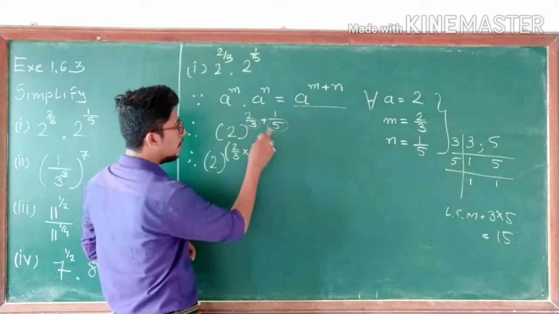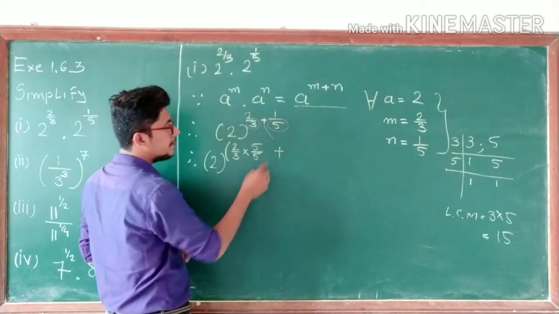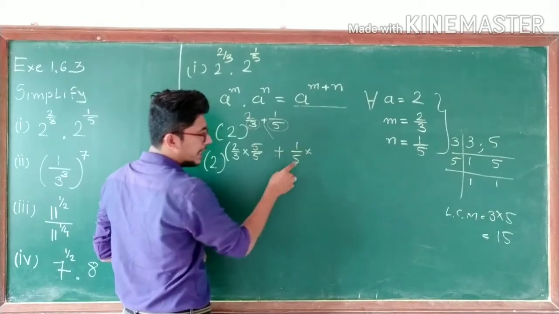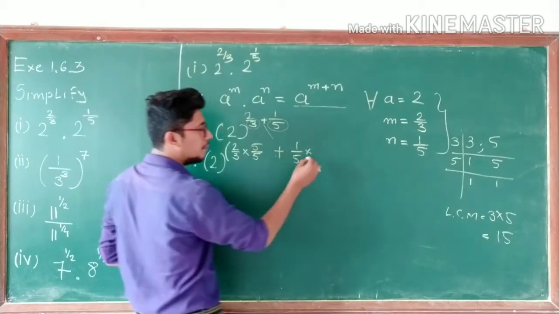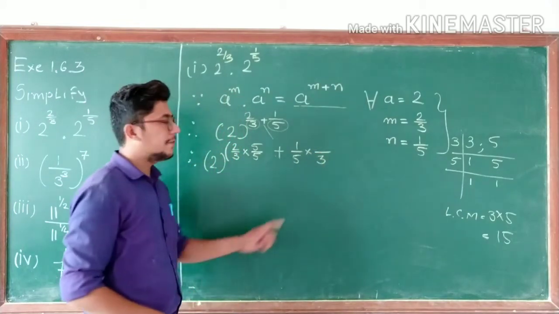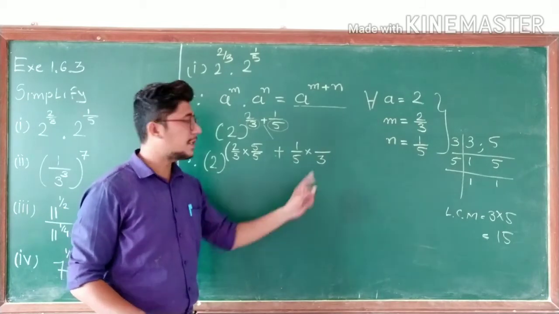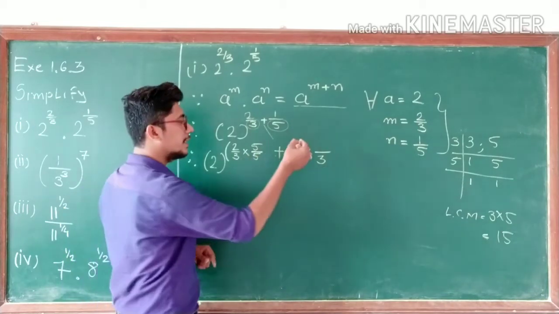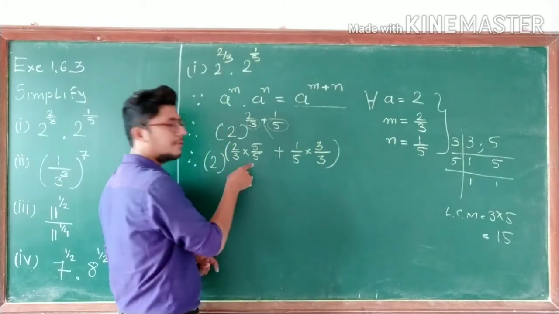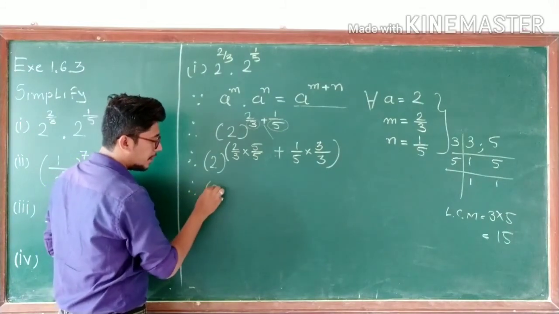Yes. Now here plus sign is there. So plus 1 upon 5 was there. To make this 5 as 15, what we have to multiply? We have to multiply with 3. Since we have multiplied 3 in the denominator, we must multiply the same value in the numerator too. So it will be 3 upon 3, here 5 upon 5.